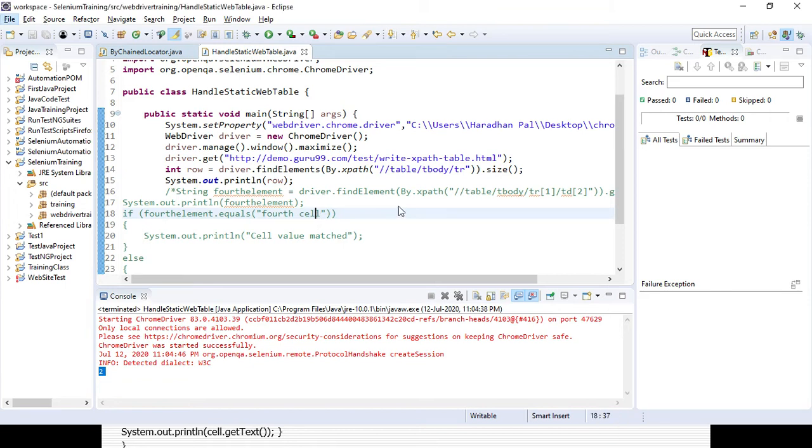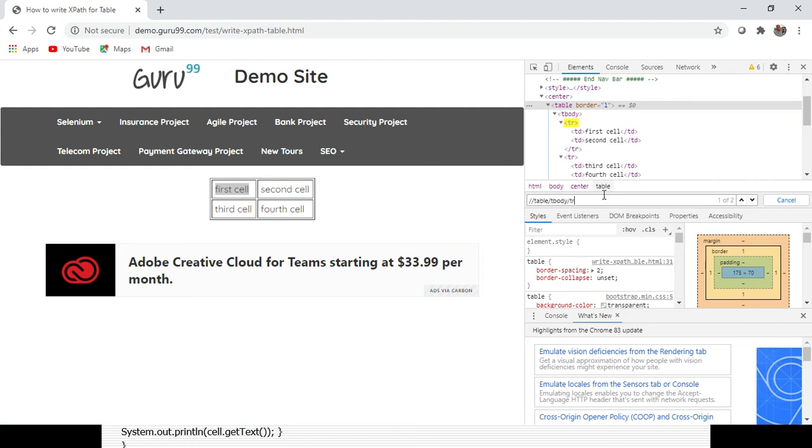Now, if you want to get the column count, how can you get it? First, here you need to give any row reference. It can be 1 or 2, like that, right? You can see one row is getting selected. Now, if you press td here, you can see 1 or 2 column is coming. That is the first column, and then the second column. Okay, because obviously for every row the column count will be the same, right? So 2 is being displayed. So that's the XPath you have to use, right?